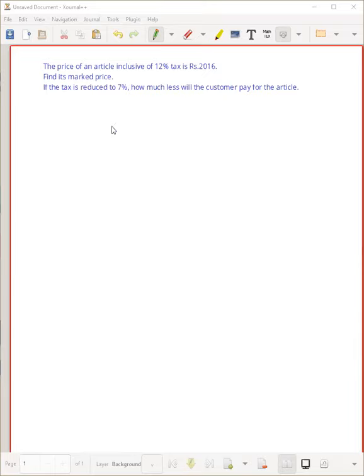Krishna, the mark price is the selling price provided that there is no discount given. If any discount is given, then the discount is always given on the mark price. So if there are no discounts or anything else, then the mark price will always be equal to the selling price before tax. Siddhant, that answer is incorrect because that's not what the question is asking you. So Ramya, the first part is correct, the second part is wrong.